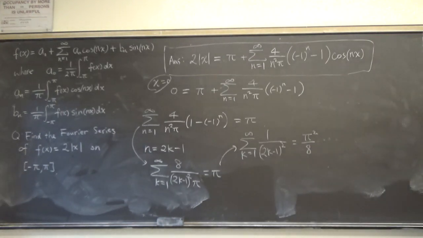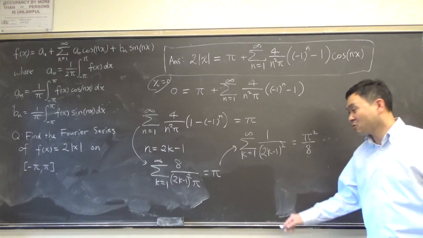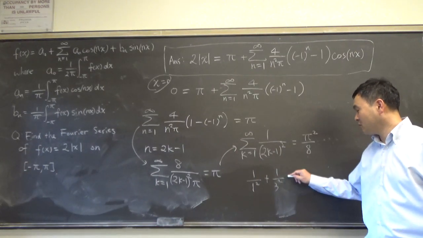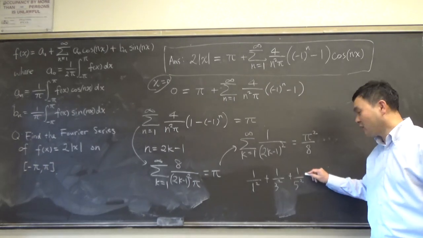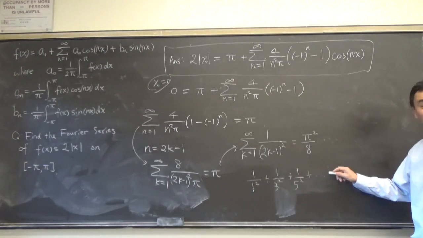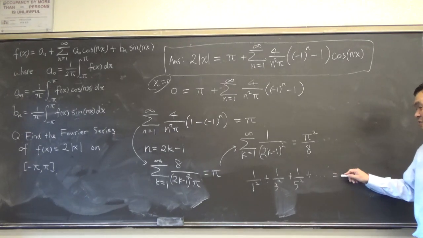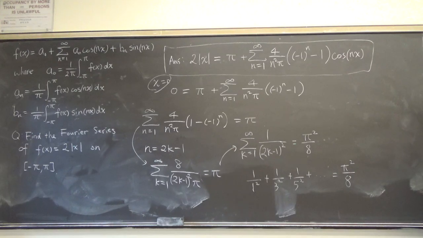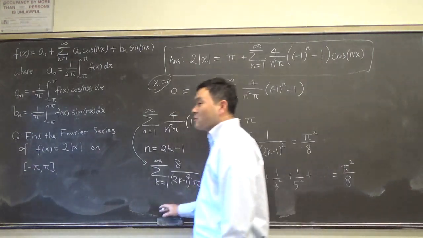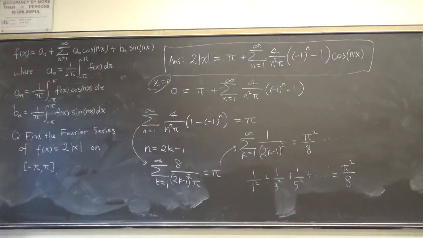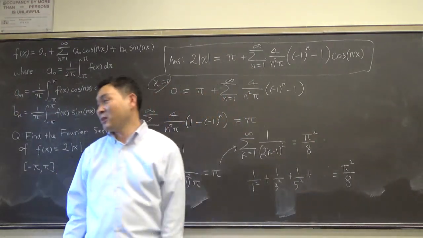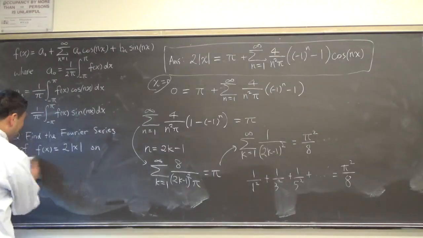Now what does that mean? We just showed that 1 over 1 squared plus 1 over 3 squared plus 1 over 5 squared, all the reciprocals of odd squares, sums to pi squared over 8. It's kind of interesting. These are summations where you can find the value only in these strange ways. I might be going off on a tangent here, but